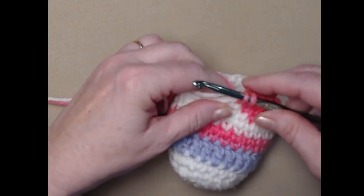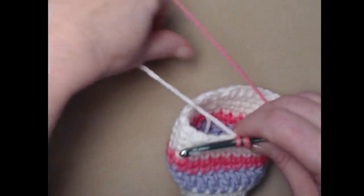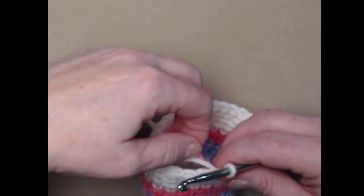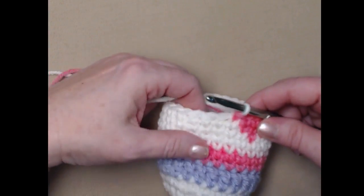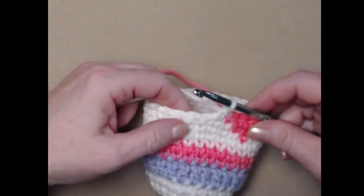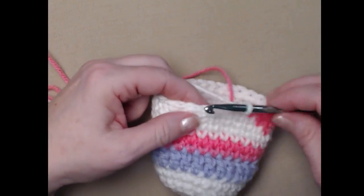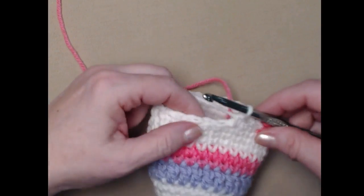And remember, we're not going to finish our last stitch. We're going to drop our pink and bring in our white. Give that a little bit of a pull, make sure it's snug down, not too tightly, but just so it's laying pretty. And then we'll stitch in those last 10 single crochets. And again, we're stitching in the center, not the top, so we're calling it the center,